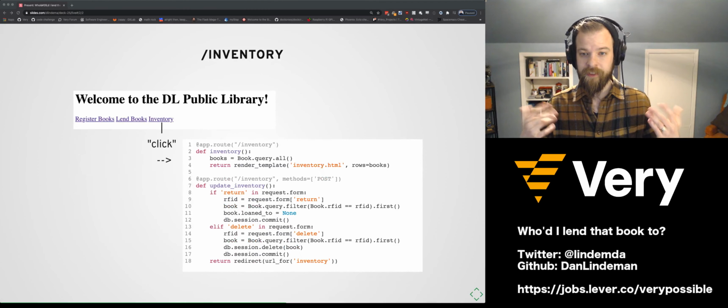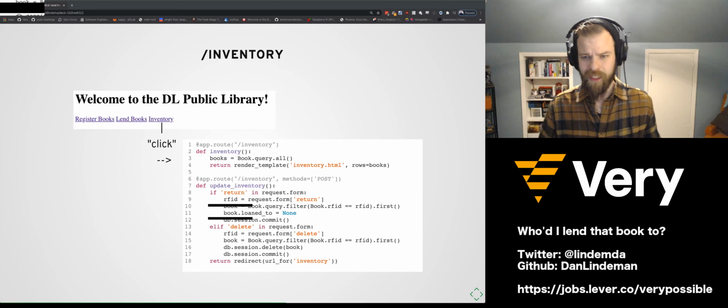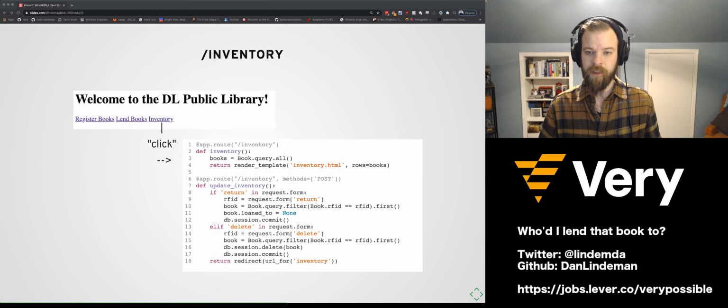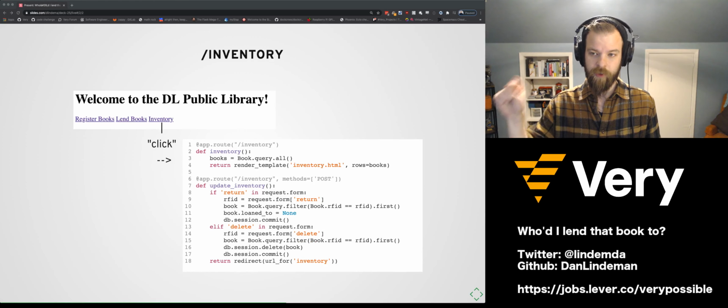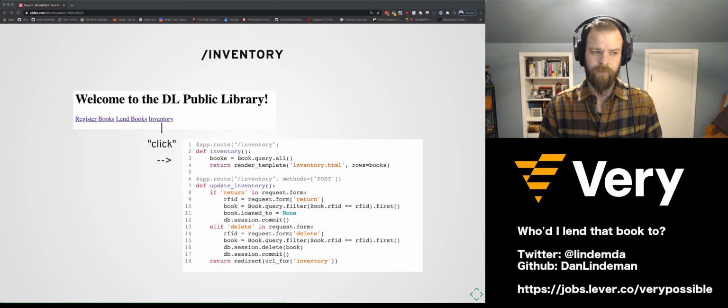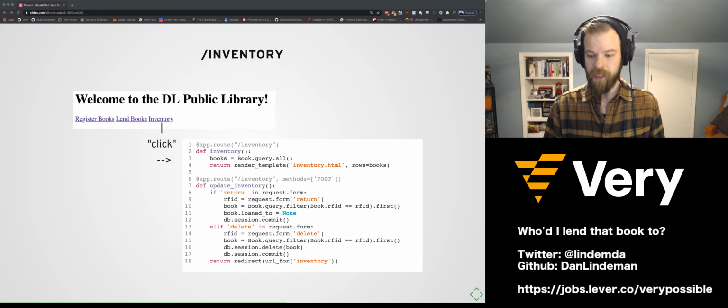So this is the inventory page. We're using a SQLite database, and we're basically grabbing different books from the inventory and saying, I can return them or I can delete them if one of my friends decided that they were just going to keep the book and I don't get to have it anymore. This is a pretty normal POST endpoint for return or delete. It's just updating some fields in the database. Like I said, not terribly interesting from an IoT perspective, but still, it's there.